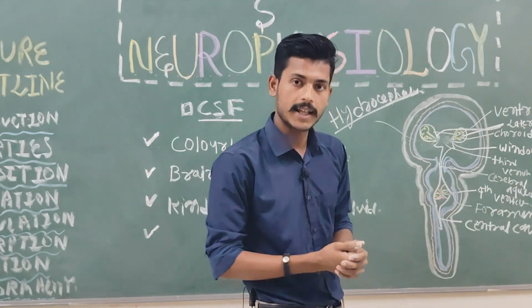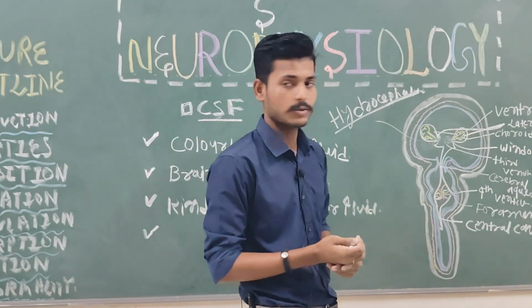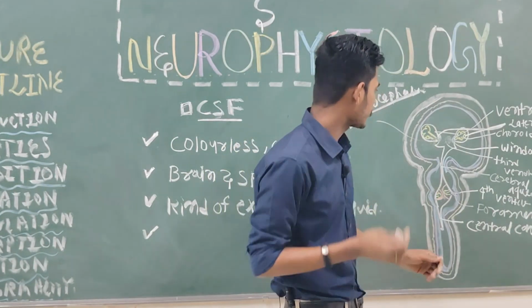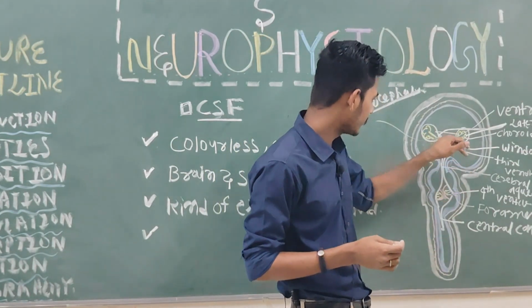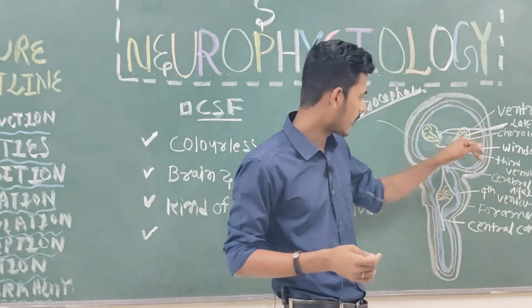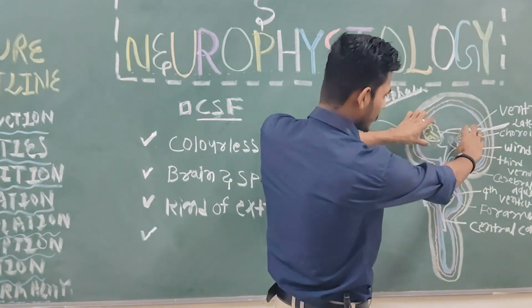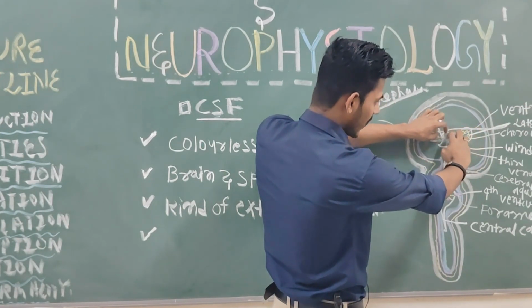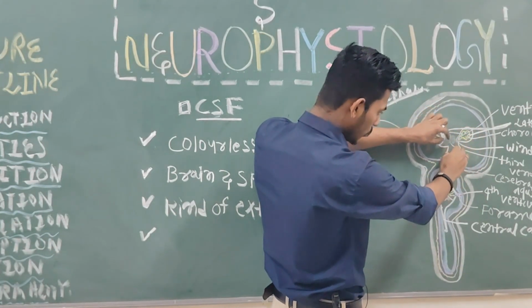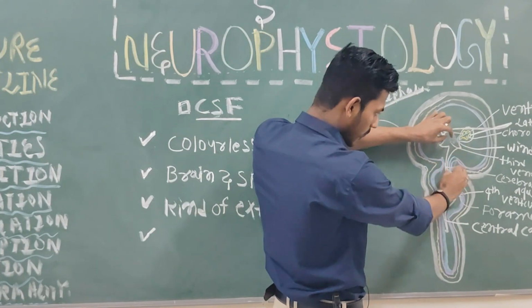And there are other reasons as well. There are some idiopathic kinds of hydrocephalus, understood. We will discuss it later, but for a while you just understand there is the one window, I mean two windows which communicate with the third ventricle. Now these choroid plexuses form the CSF, and it drains via this window into the third ventricle, and through this cerebral aqueduct,